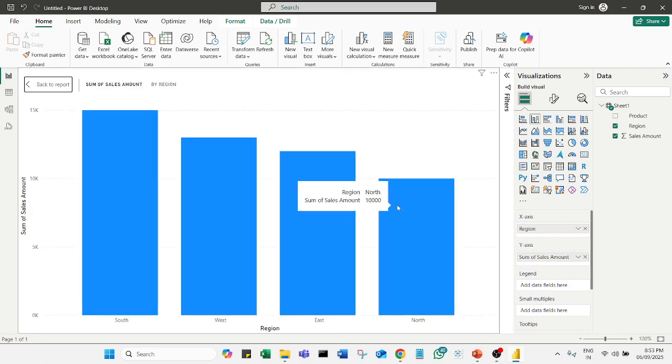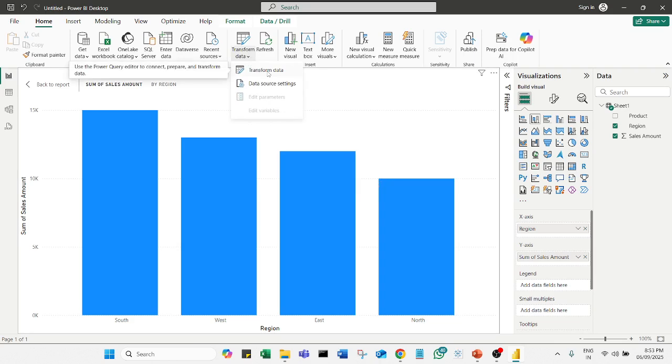So that is that. So mainly we have understood how to open the transform data option from here. So please go ahead and practice this, and in the next